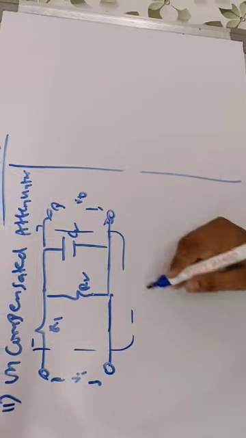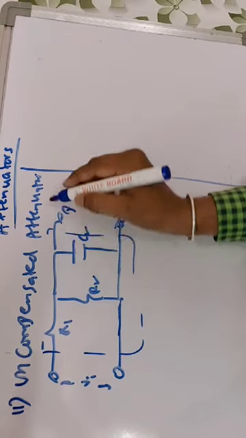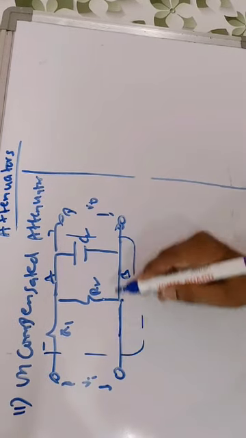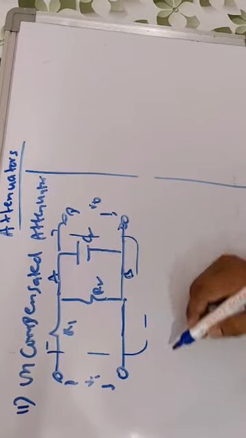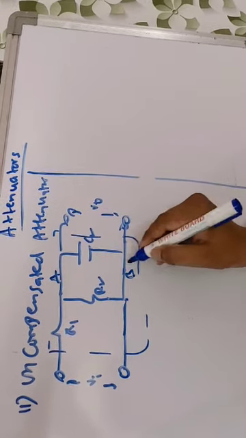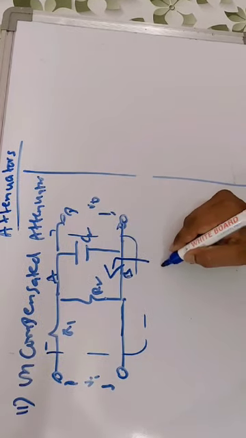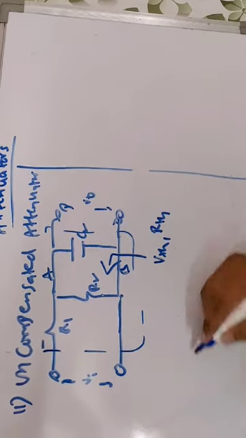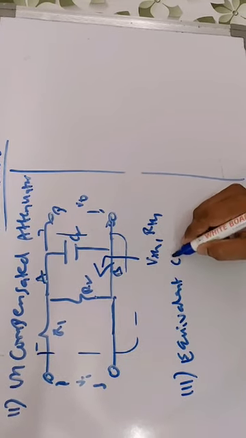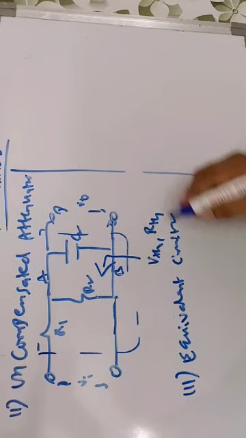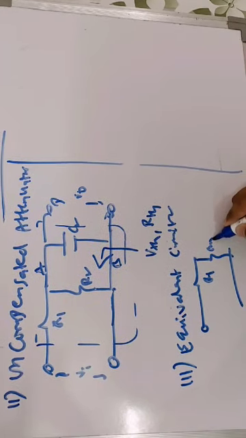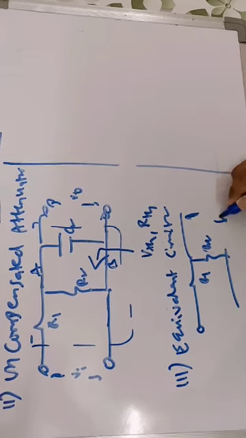Let us consider the terminals A, B. Now the output is a distorted version of the input for certain frequency components, so we have to study at which frequencies it produces the distortion. Let us analyze the equivalent circuit between the terminals A, B, and we will find VTH and RTH. The equivalent circuit between the terminals AB is considered with R1 and R2 to find VThevenin, or the open circuit voltage.